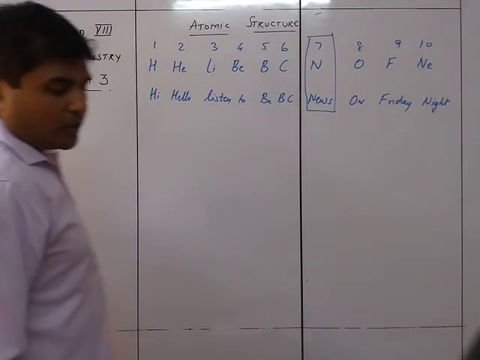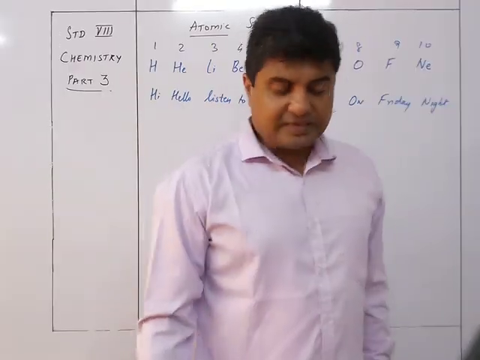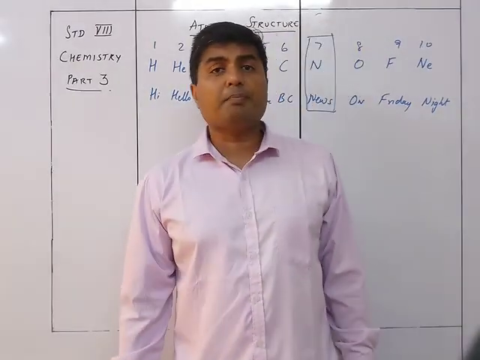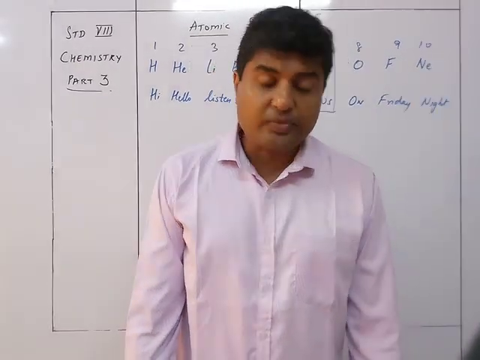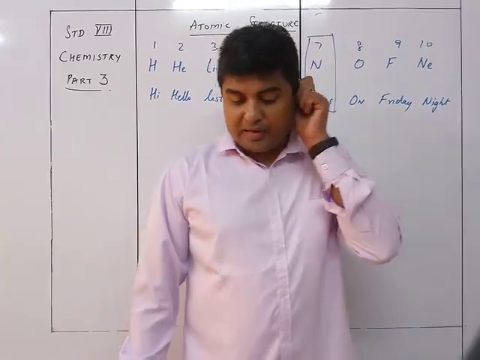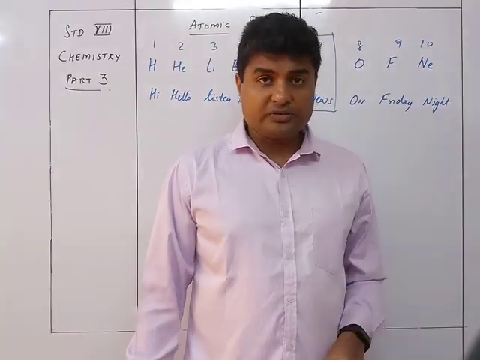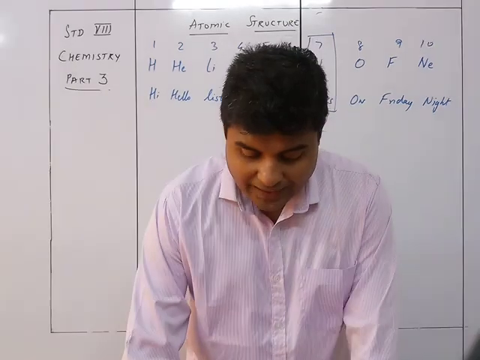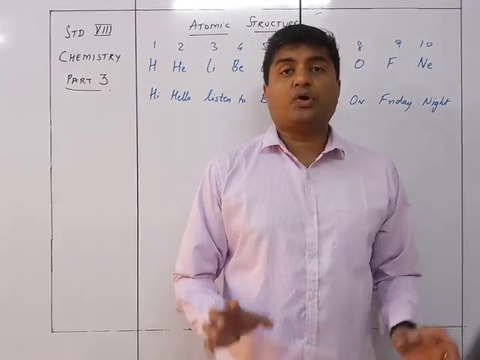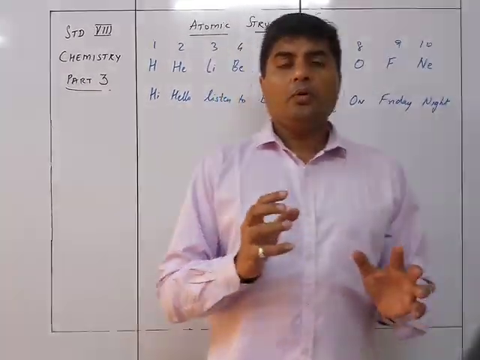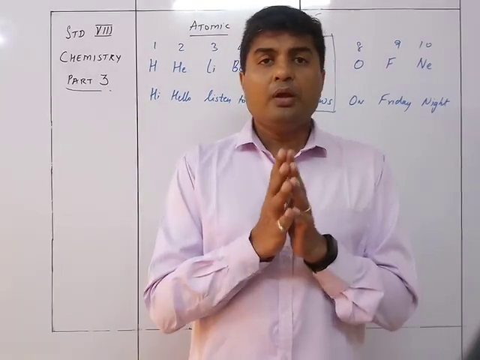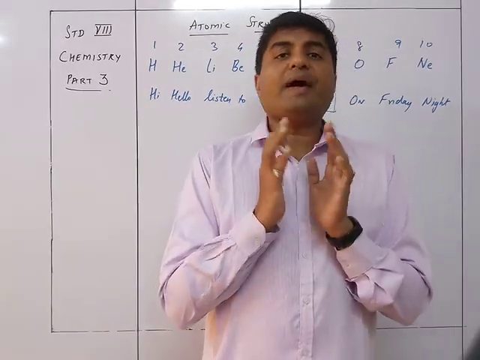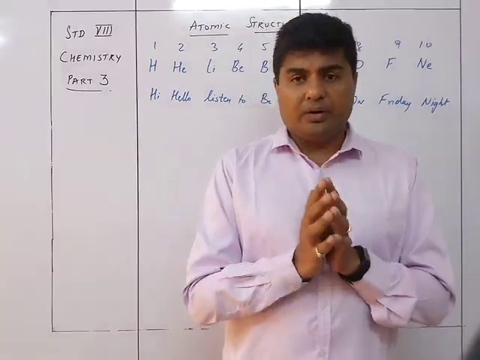So we continue with the atomic structure. We have discussed the atomic number, atomic mass number, the atomic weight, that is the relative atomic mass, and the relative molecular mass. So now we are going to study the electronic configuration. What is electronic configuration? I told you that if I am given the atomic number and if I am given